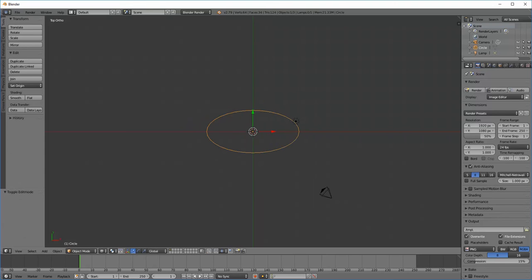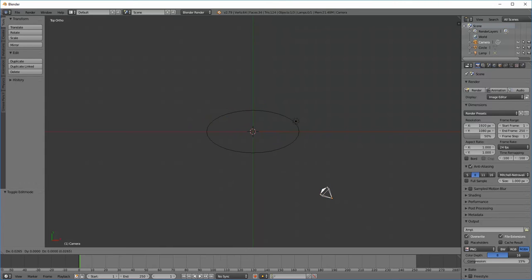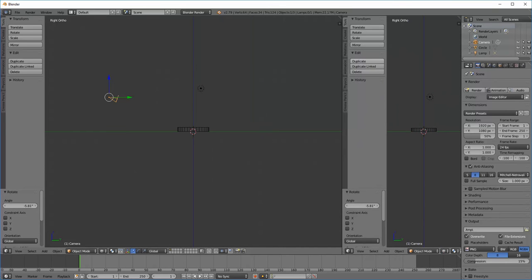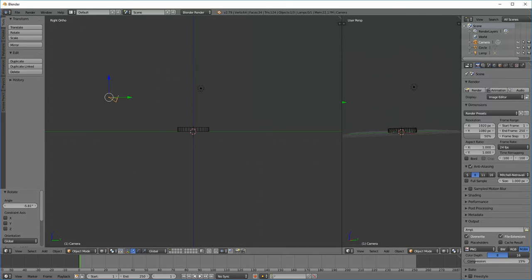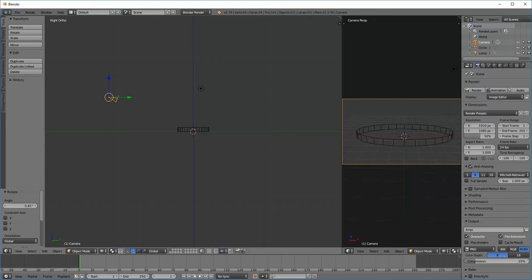I'm going to back my camera up and look at this thing straight on. And so we'll rotate, and if our camera is looking down on it, that might be okay. It's up to you. But peel out another camera view just to see what we're looking at, and that looks pretty cool. Okay, so what we're going to do next is start with our name,